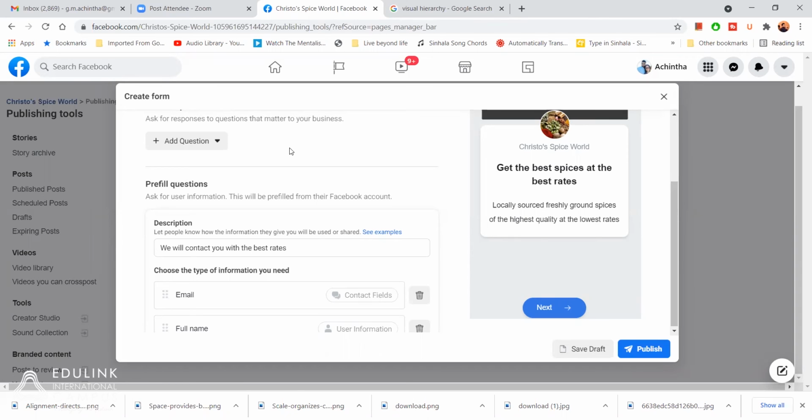If you can have, let's say, 5 questions and people would jump through all 5 hoops for you, that means pretty much you are guaranteed a very good lead. But then again, the number of leads would go down, because as you said, if you have a whole 20 question questionnaire, nobody will take the time to do it. But if you could get 3 or 4 questions in, and if people really do come in, those leads are very good. But Facebook itself recommends us to have 2 questions